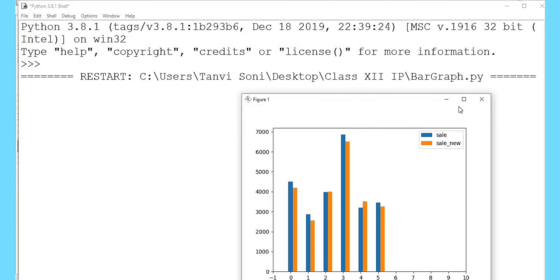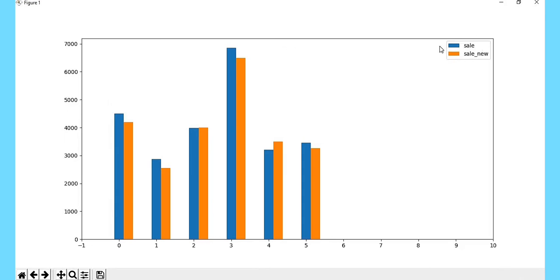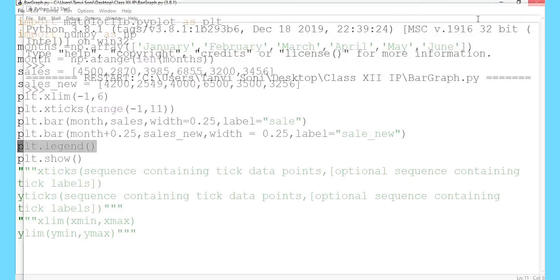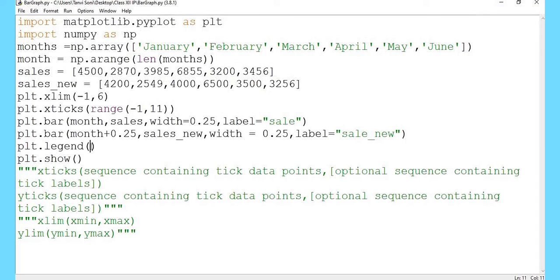The legend has been added. The blue bar represents sale and the yellow bar represents sale new. We can customize the position of the legend by specifying loc equals to